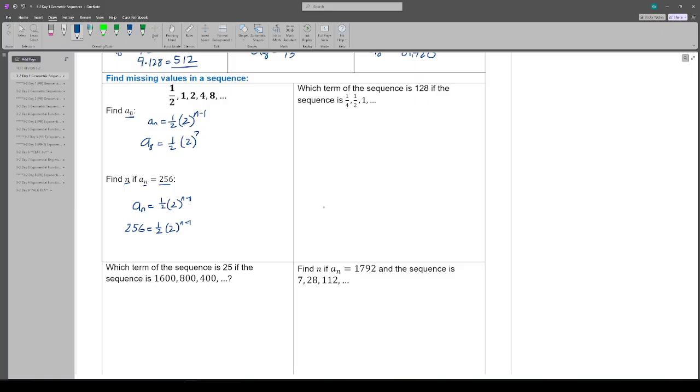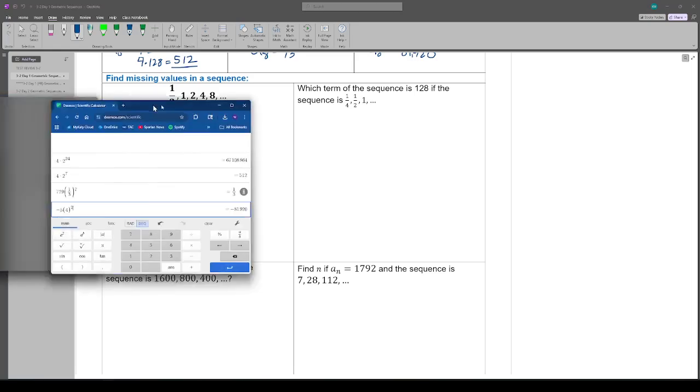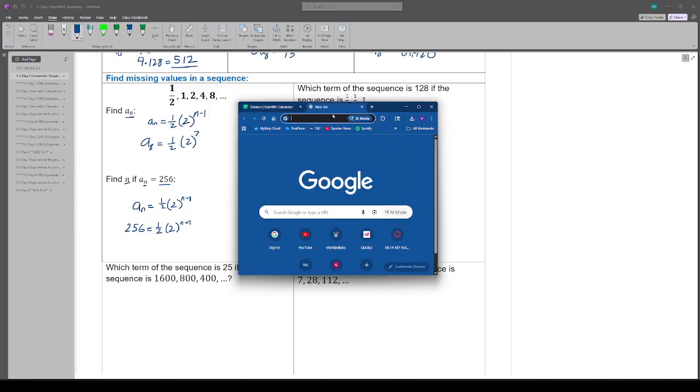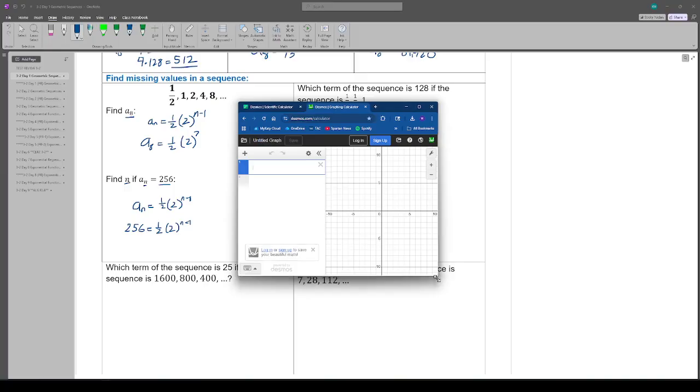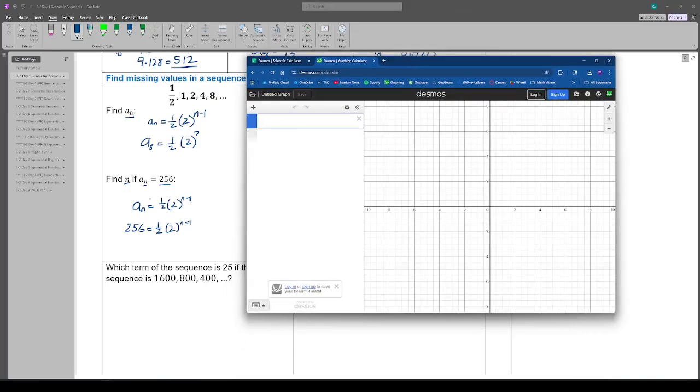Now, to solve this one properly using algebra, you actually need a tool in Algebra 2 called logarithms. Logarithms are the opposite of exponents. They're like an inverse operation, like adding and subtracting or multiplying and dividing, but we haven't learned those yet. So we're going to lean on Desmos for this part. So let's go to Desmos and make this a little bigger, because we're actually going to use the graphing calculator for that second one. So for the first one, we just do 1/2, and then we do parentheses 2 to